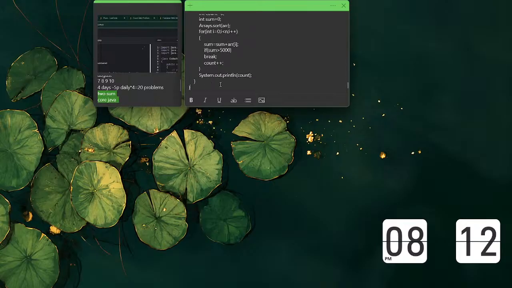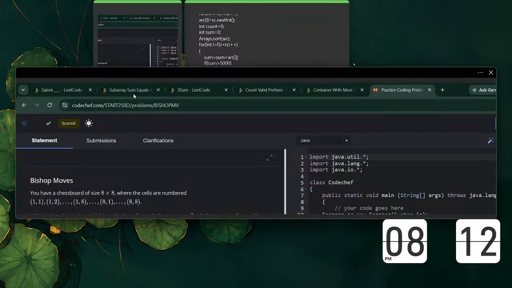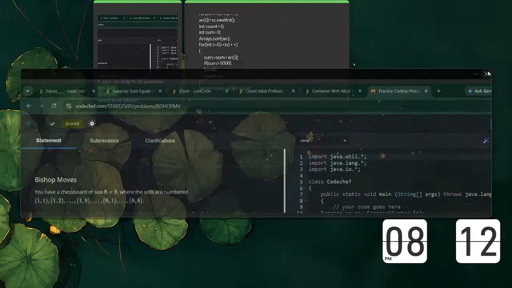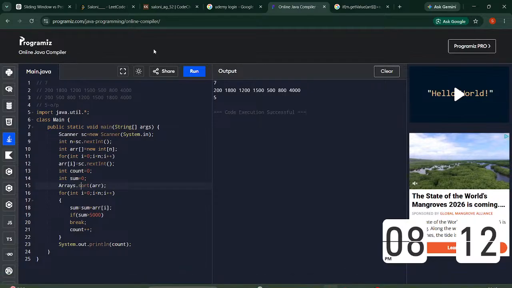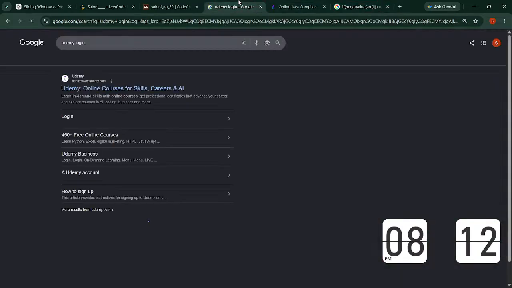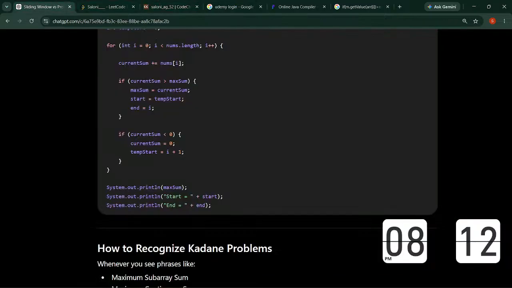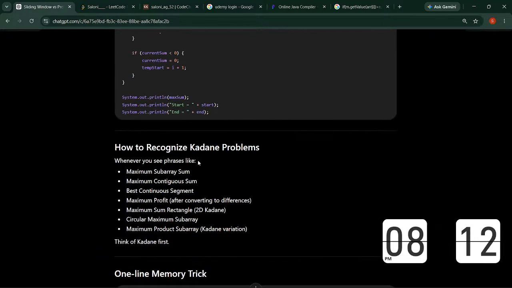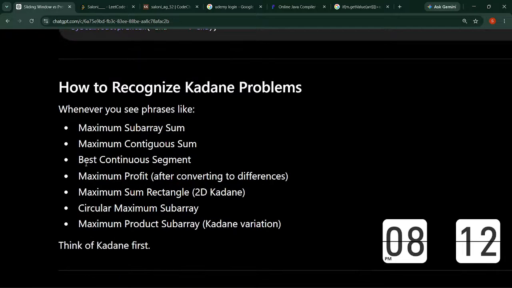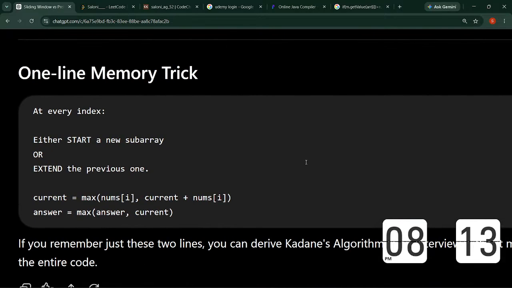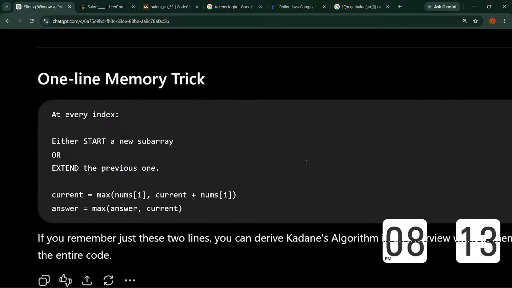अब ये क्वेश्चंस तो होते रहेंगे। हमें बेसिकली इन क्वेश्चंस को करना है। सब एरे सम इक्वल्स के। लीड कोड का क्वेश्चन जैसे कि हमने अभी कडाने सीखी है, यहाँ कडाने ही लगनी है। ठीक है, कडाने का अगर टेम्पलेट रिवाइज करना चाहो तो कर सकते हैं। recognize कडाने प्रॉब्लम। तो जहाँ भी मैक्सिमम सब एरे आ जाए तो वहाँ कडाने लगनी ही है। मतलब आंख बंद करके कडाने के बारे में सोच लो। वन लाइन मेमोरी ट्रिक क्या है? either start a new sub-array or extend the previous one।